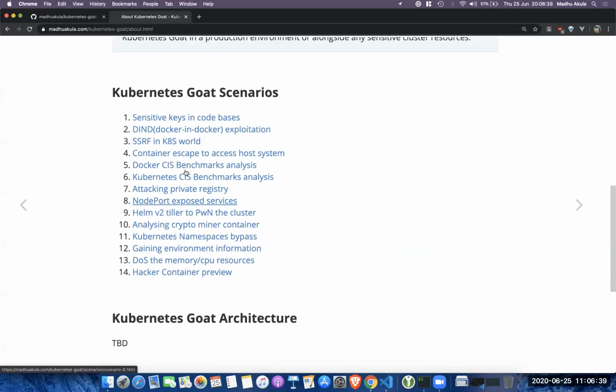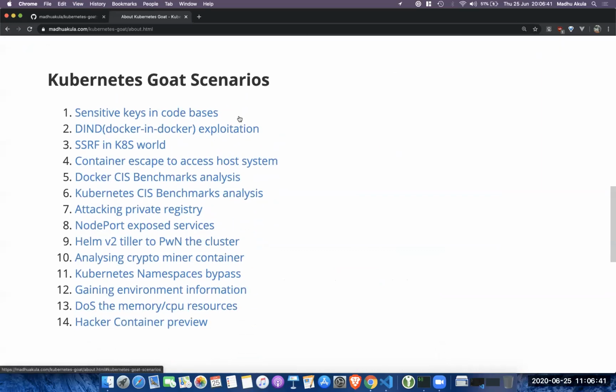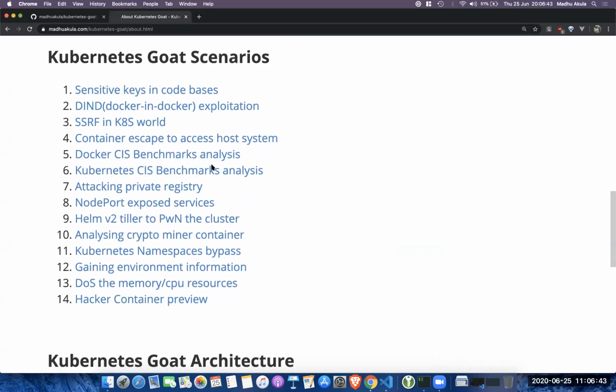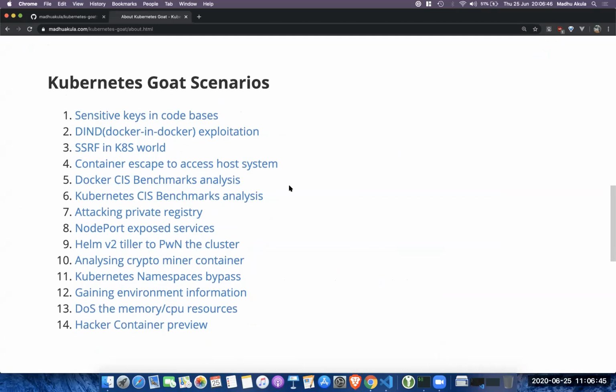Yeah. To give a high level overview, it currently has 14 scenarios, and I'm actively working on adding more and more scenarios. We will go through some of them.